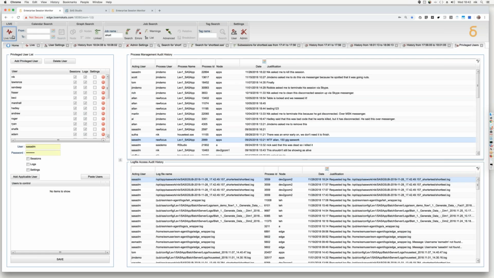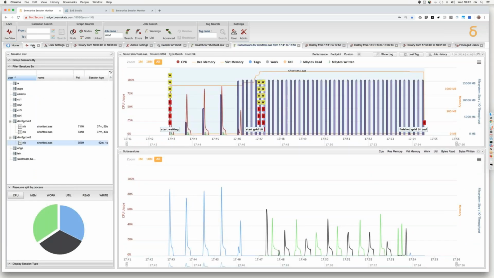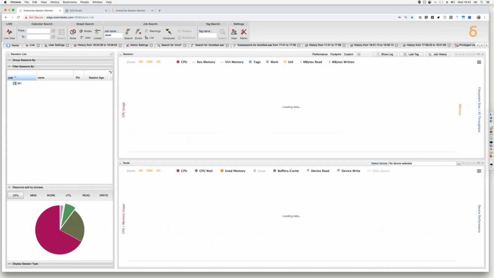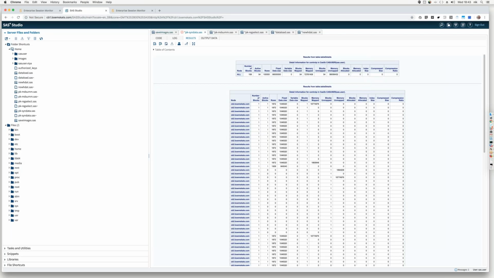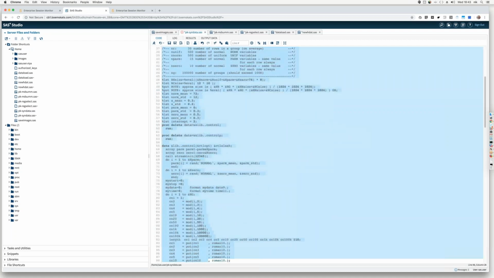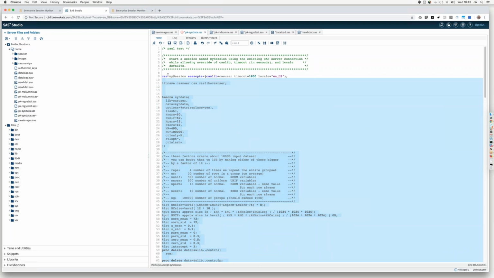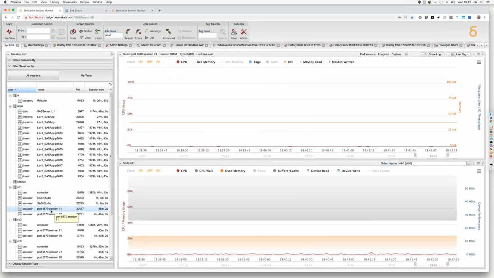And I saw a question earlier about VIA. We've been working with SAS R&D very closely to make sure that this runs very nicely on VIA, and I'm really impressed with how VIA runs actually. So I think I might have a session that I can use. There we go. If we run Paul Kent data again, that's some data that just generates some artificial workload that we use for performance benchmark testing. If I run that again, what we should be able to see in my live view on my session 71